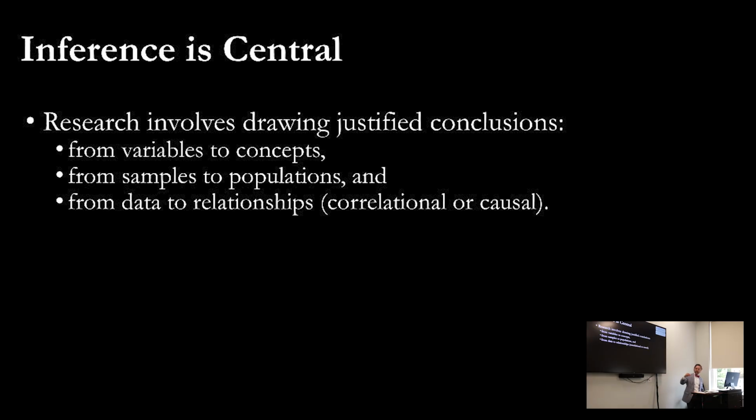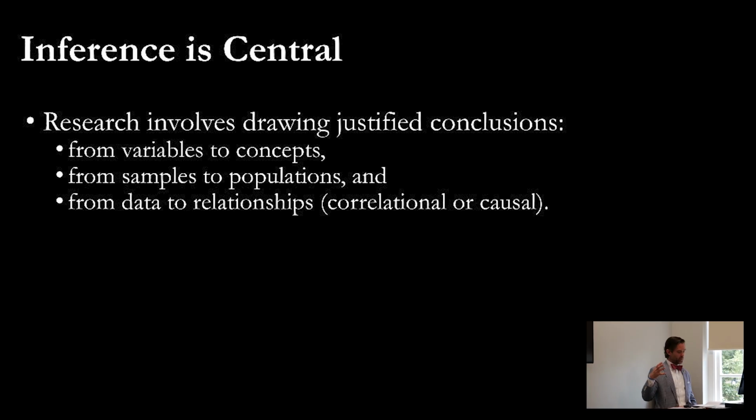So from samples to population, a lot of times you think about it as a sample of people, a population of people. It's easy because you know the census, right? Every 10 years we do a census, we're required to by the Constitution. But it's not just people that we sample, and it's not just the population of people that we care about. In this case, if you look at that method section, there were 100 undecided voters. So it's not even 100 voters. It's 100 undecided voters. So the generalization really is only to undecided voters who happen to live in Chapel Hill, North Carolina, during the 1968 presidential election. That's the only real inference you can draw from that.